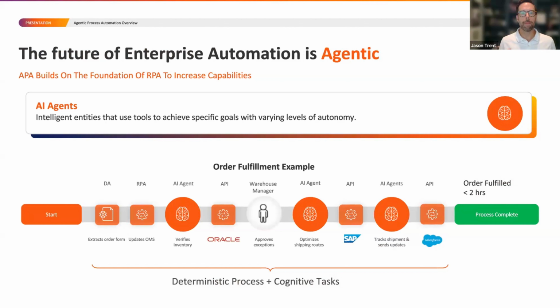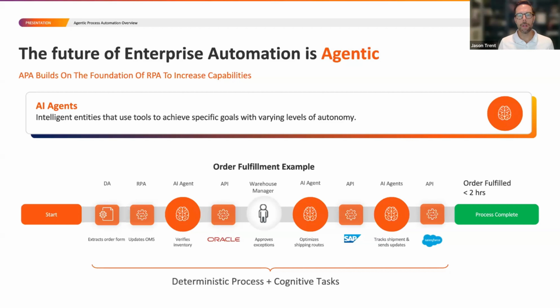So let's just recap and make sure everybody is on the same page of why we think capabilities such as AI agents and agentic process automation are so important. In this sample example, which is something we actually worked with a customer on, historically this order fulfillment process would have taken multiple hours to complete.